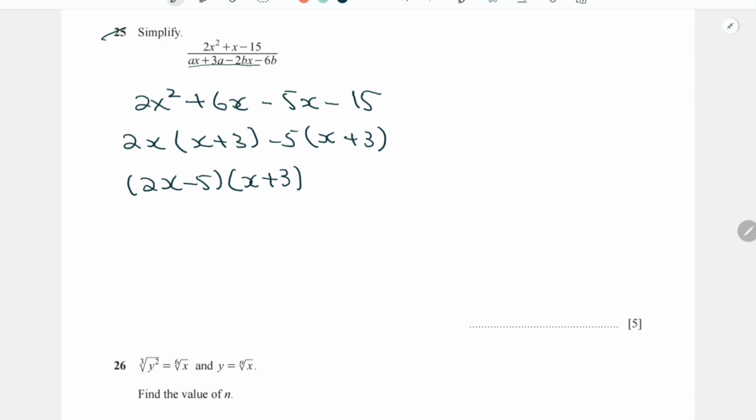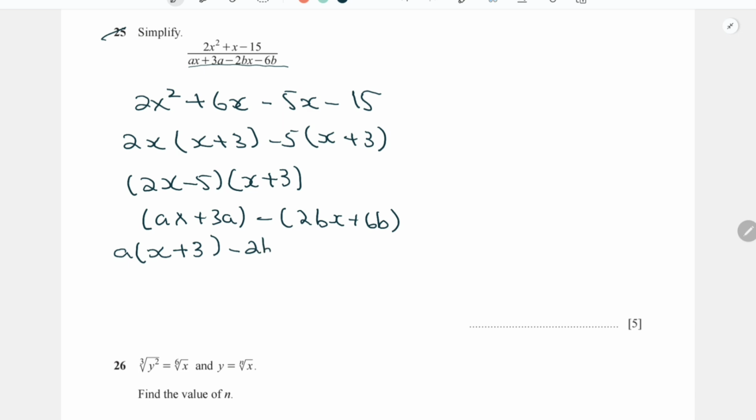You see that we have the denominator, so we have ax plus 3a minus 2bx plus 6b. I just take the negative sign as the common. Now we again take the common in the first bracket, so we get a, we have x plus 3, and in the next bracket we get 2b as the common, so we get x plus 3, right? Now we have a minus 2b and x plus 3,